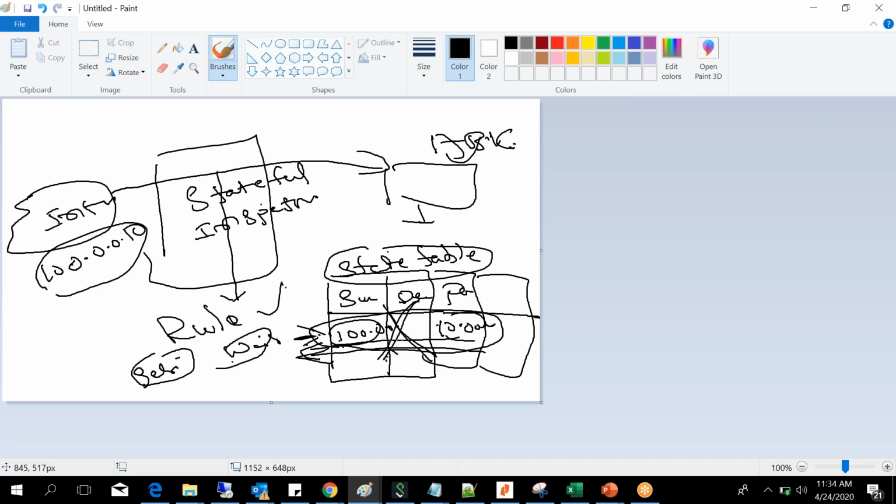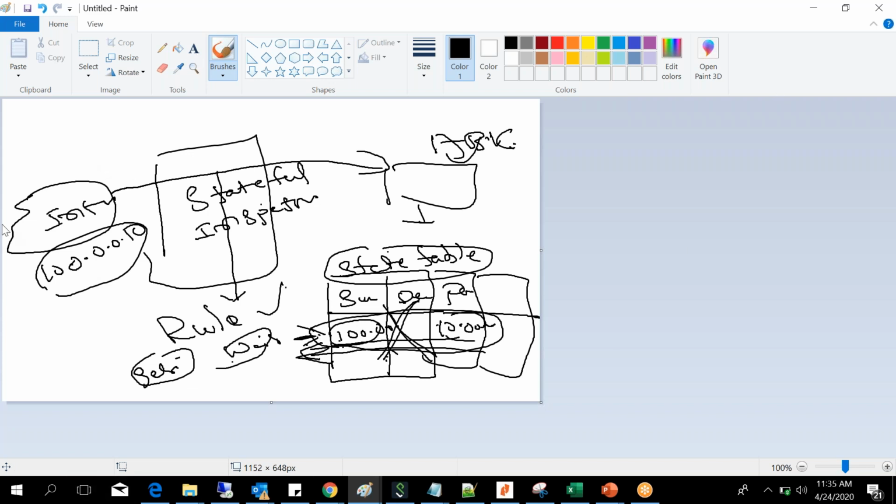But just remember that it performs stateful inspection. Stateful inspection means tracking every connection going from your network to outside and back to your network. So tracking each and every connection, which should have a certain time limit. If that limit is exceeded, the firewall will automatically drop the connection. Why it drops, we will discuss in the DDoS part. Okay, just remember, the firewall does stateful inspection, which is tracking of all the connections from in to out to in.